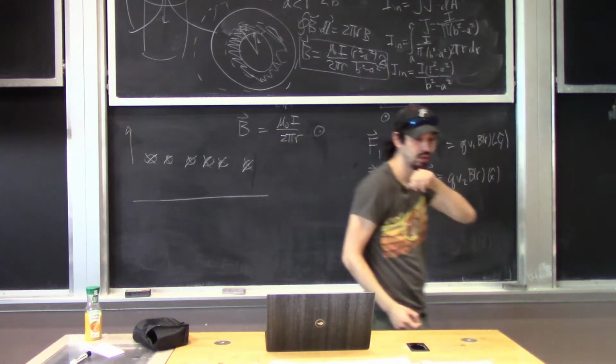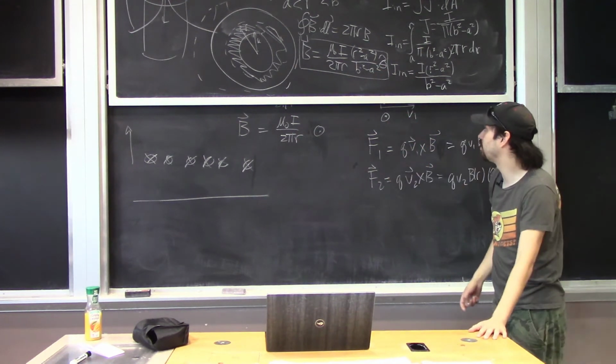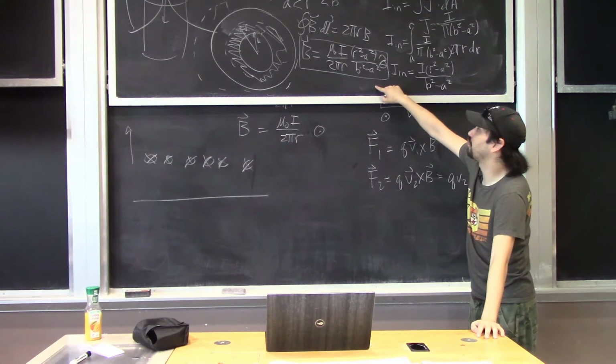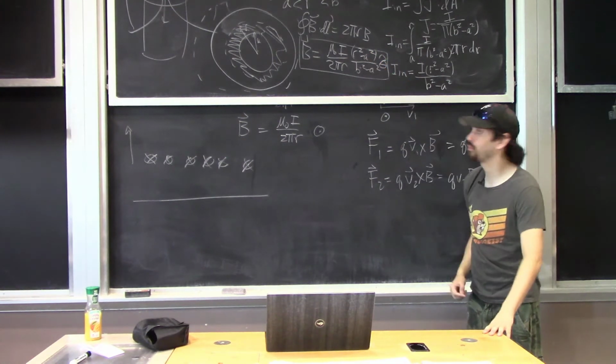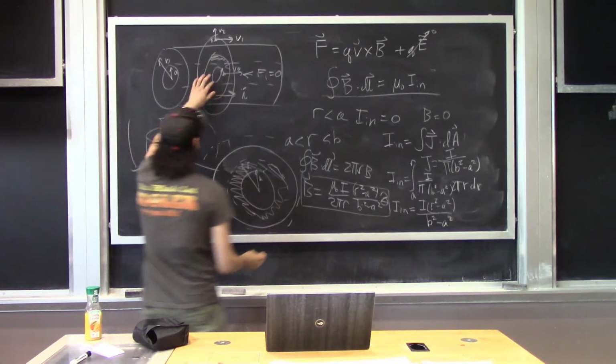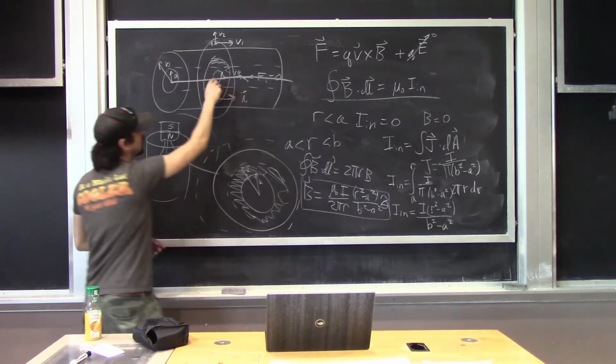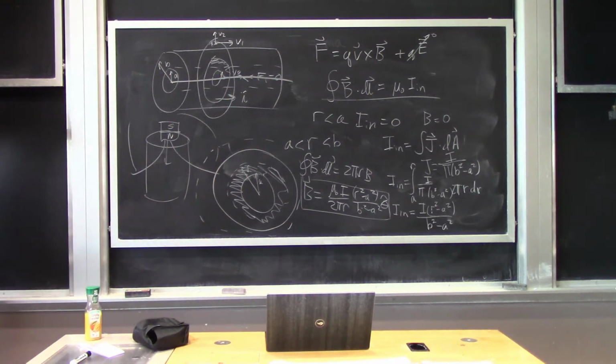What was your question again? Why from the center? It's because, and this goes to the same idea, the magnetic field was defined relative to the center. And that ultimately comes down to how I'm drawing the loops. The loops are drawn so that the center of the loop is at the center of the wire. Can you explain how you got from the magnetic field being in the angular direction to being